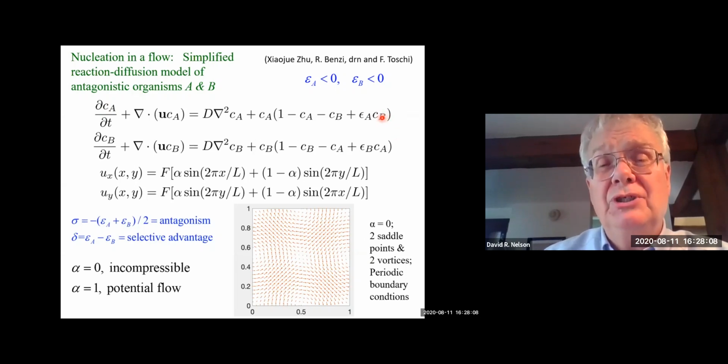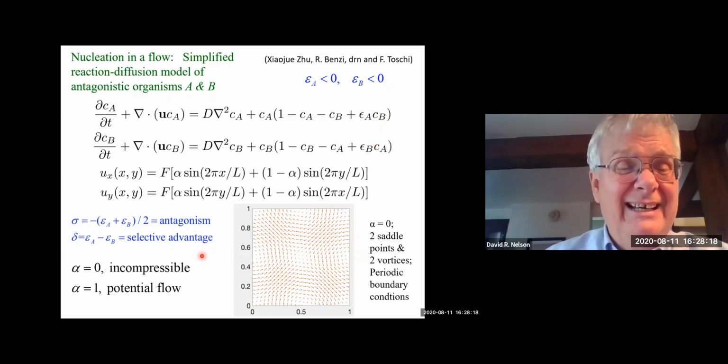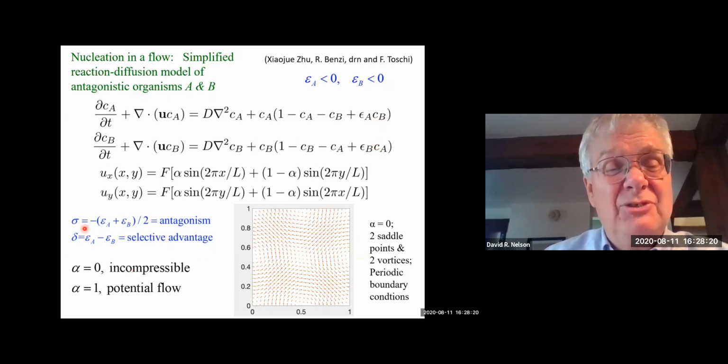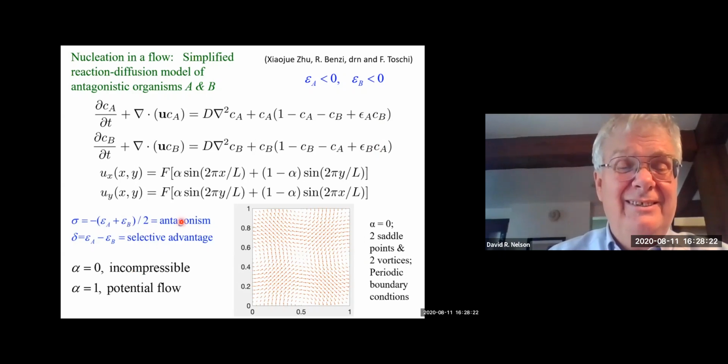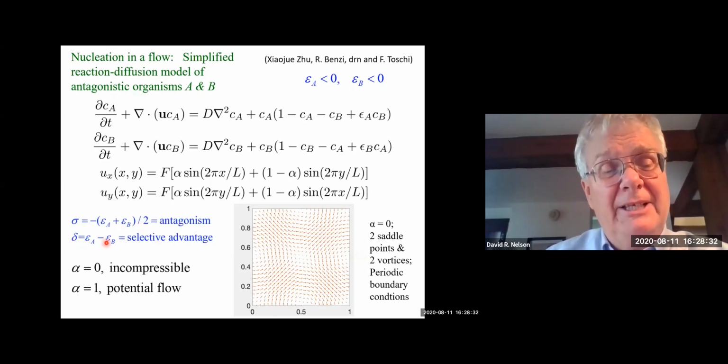So you get a boost if epsilon A is positive, but in fact, it's a diminution in the growth rate if you have this poisoning. And similarly here. And there's an antagonism parameter in the fluid mechanics, which is the average of these antagonisms. They're negative, so this is a positive number. And then it turns out that epsilon A minus epsilon B plays the role of a selective advantage, and we